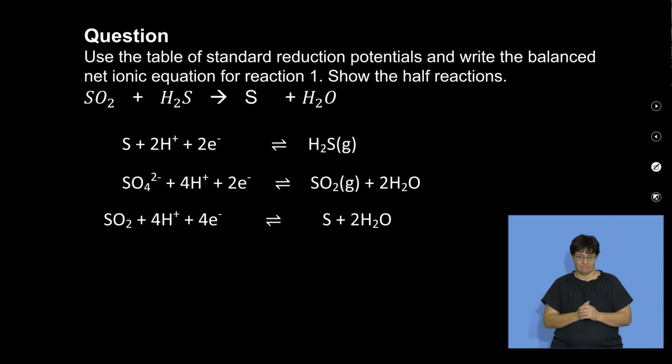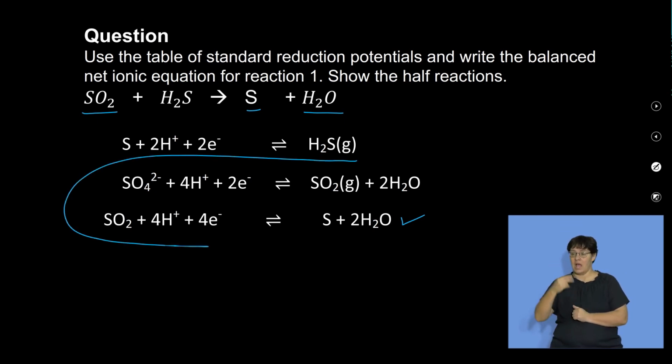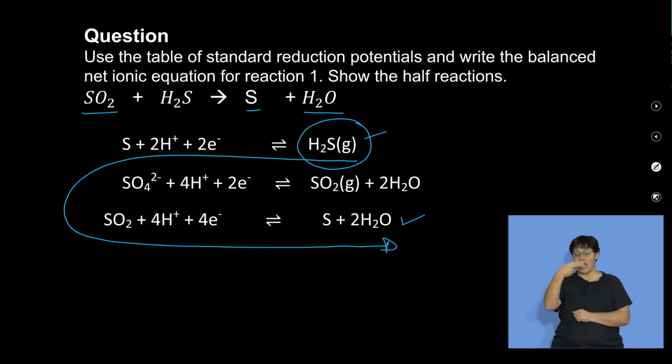In this case, water is a product, right? And sulfur is one of them. So if we go through these reactions, we try and choose the correct one. It should involve sulfur dioxide. So I'll take that as a reduction half reaction because there is sulfur dioxide, okay? But sulfur dioxide goes with which one? It has to do with the one that has hydrogen sulfide. So if we go that way, we are able to say hydrogen sulfide is actually our reducing